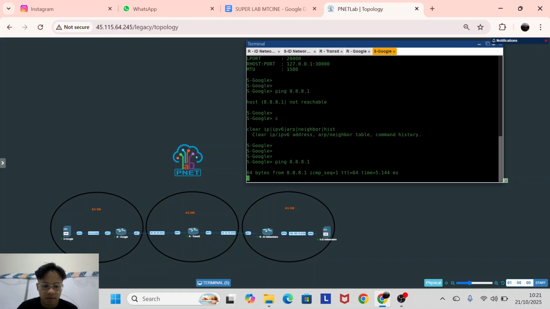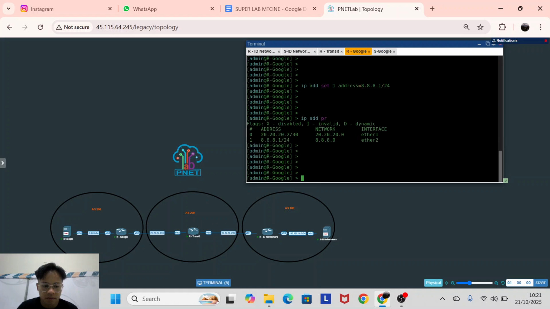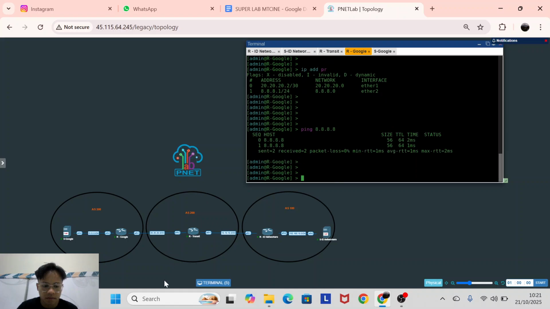Okay, and we try to ping again. Okay, it's working. And now from Google we can check it. From local to local is scan, and connect from connect is scan ping.